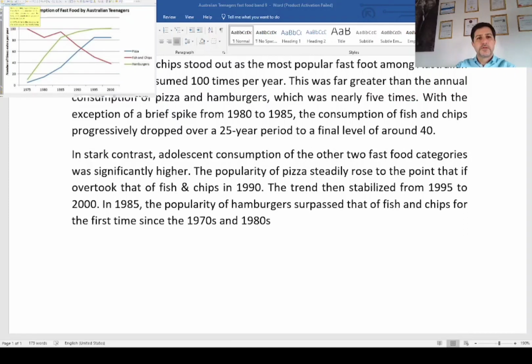Okay, this is nice. With their consumption surging tremendously,